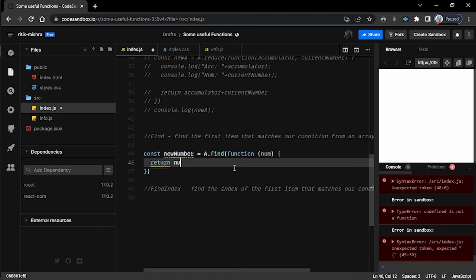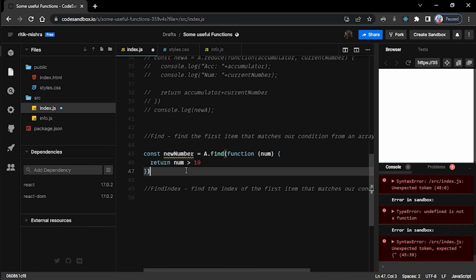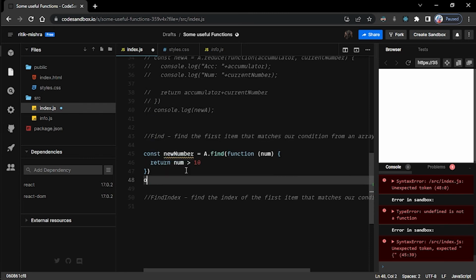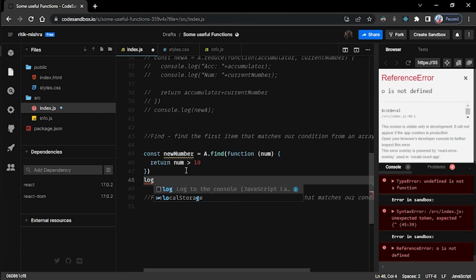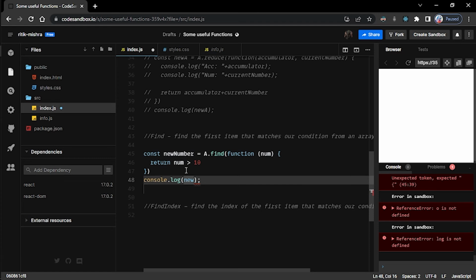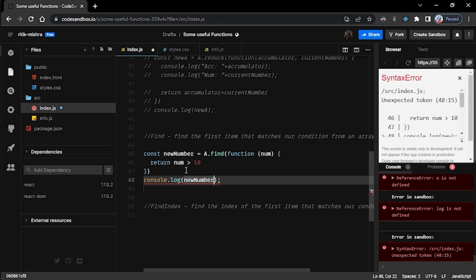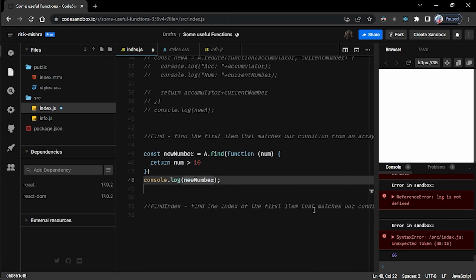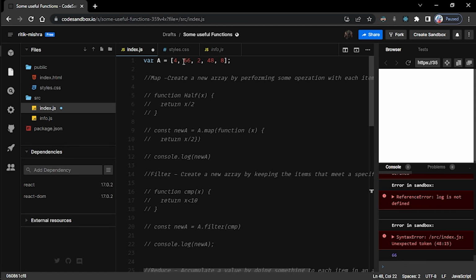Let's say our condition says that whatever number we want should be greater than 10, and then we try to log this new number like this, and you see the first number that we get that is greater than 10 is 66. All right,